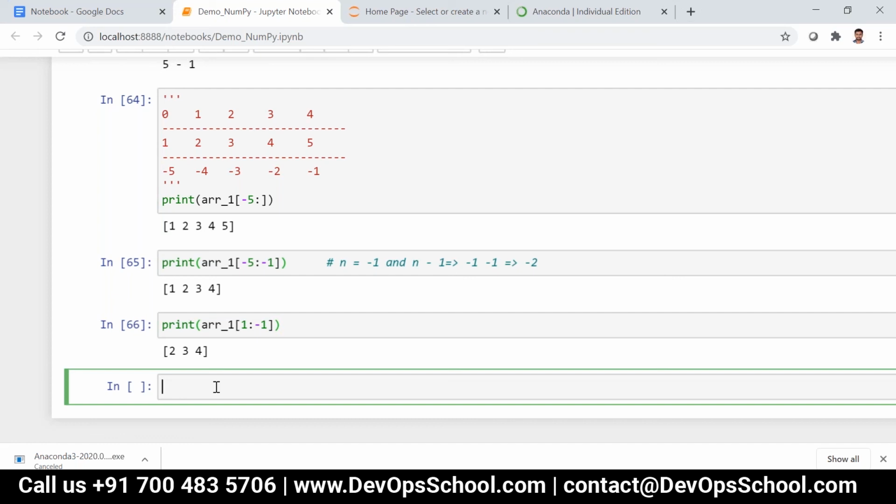See, the benefit is, for example, consider you want to retrieve the last 10 elements. How will you retrieve? If you don't know the size and you want to retrieve the last 10 elements. Also, if you want to retrieve the last element, or second last element, or third last element,